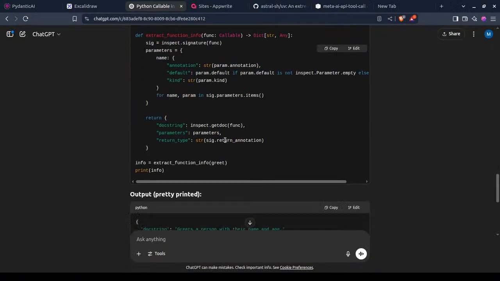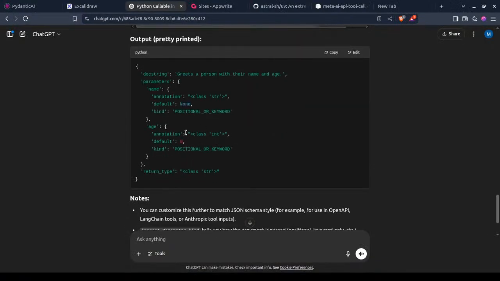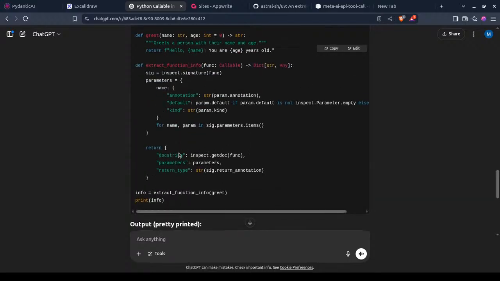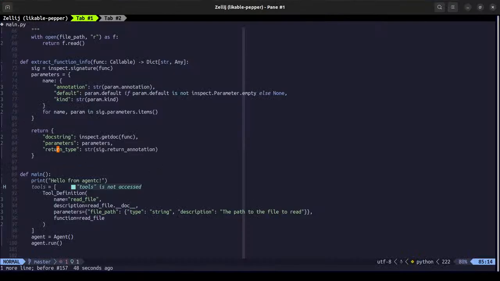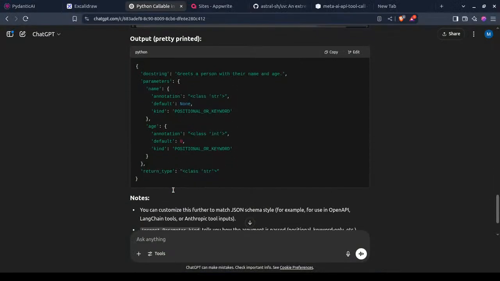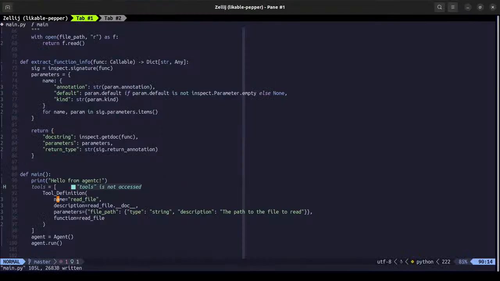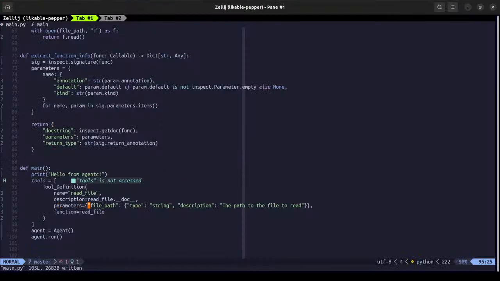Actually, yeah, let's get that right here. So what we need to return here is the name, which is pretty straightforward.